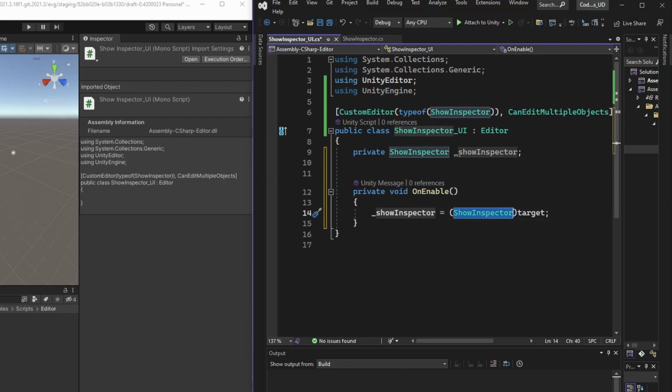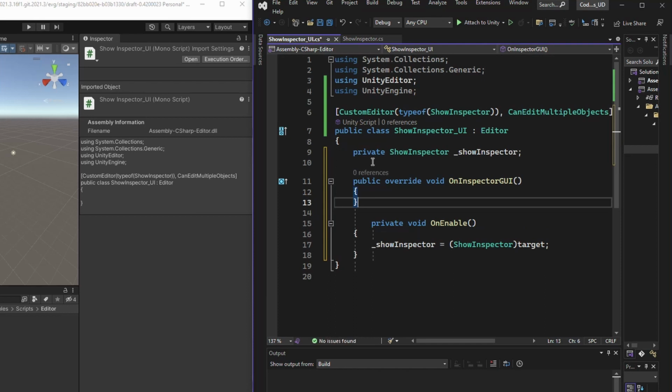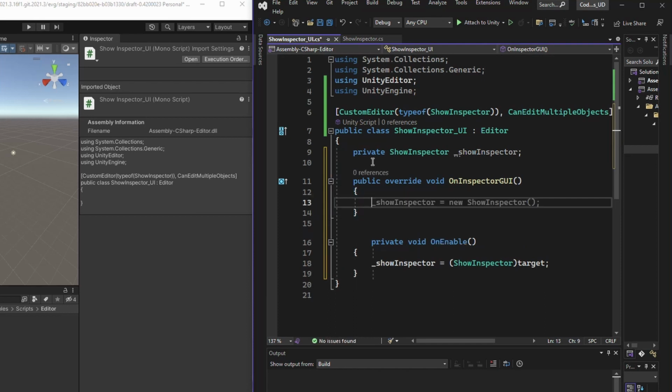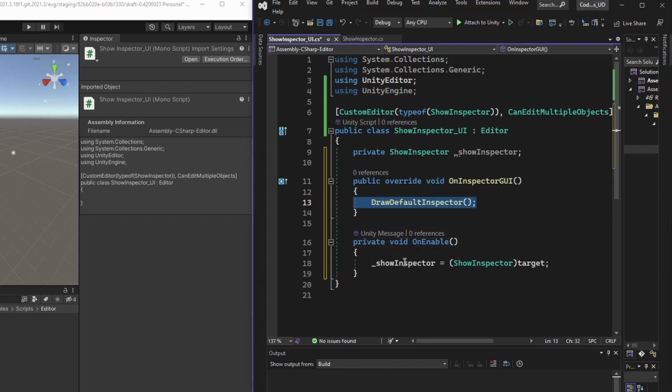And then the other thing that we want to do here is the bit that's going to change the display, and that's the OnInspectorGUI change. And the bit we still need to do in here, let's just sort this code out, is draw the default inspector. Now if we save this,